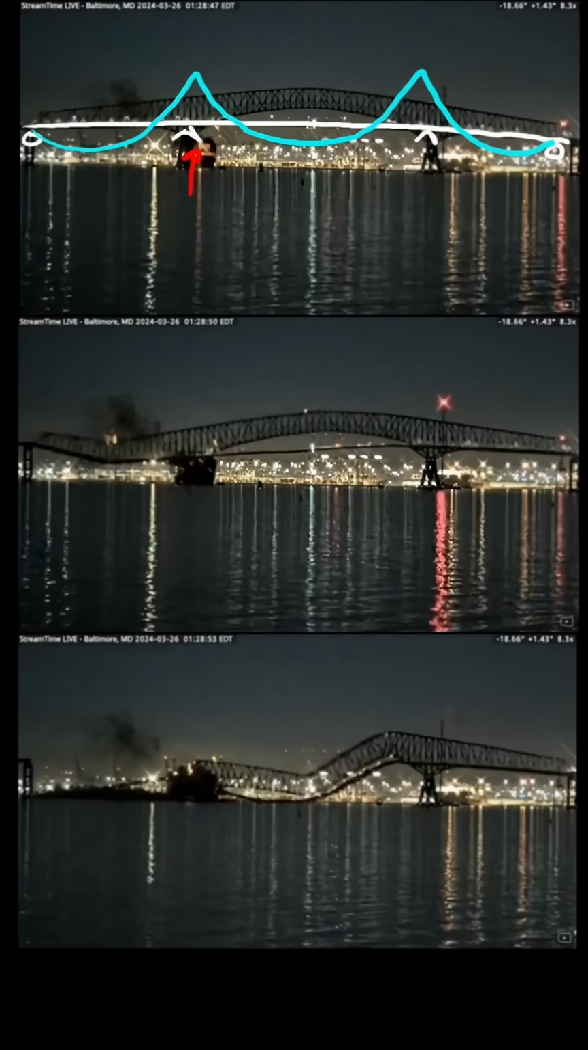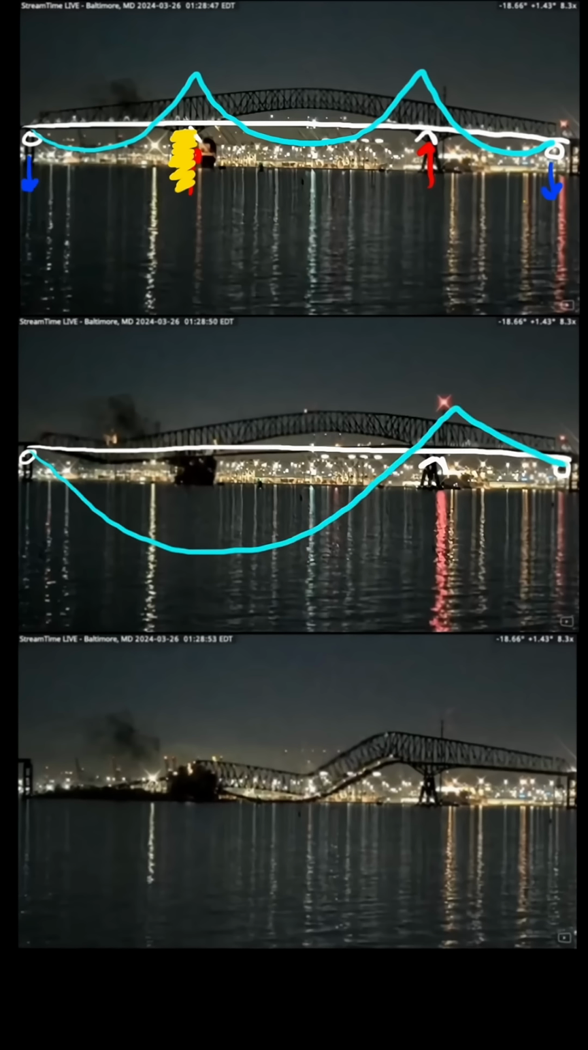To support the span, we'll see compression under the main 2 piers here, and then either lesser compression or some tension on the end piers. Now when the ship strikes the pier and we lose the support, the bridge is going to find a new stable equilibrium using these 3 supports, with a bending diagram that probably looks something like this, kind of like a propped cantilever type of situation. Then you're going to see a lot more compression here,